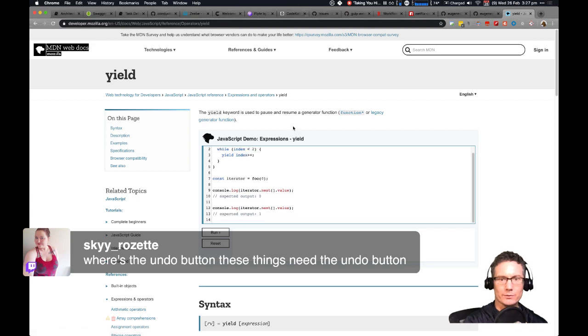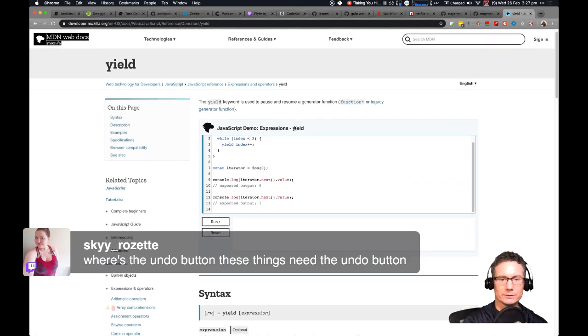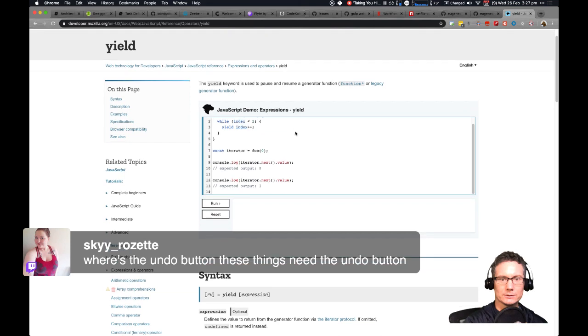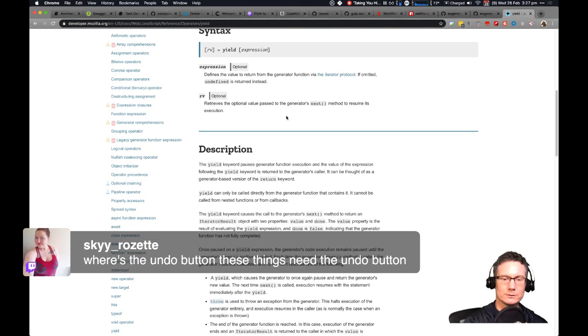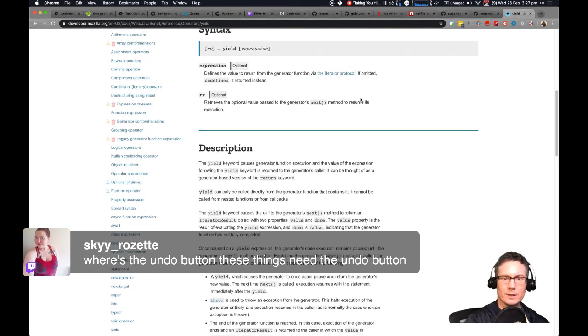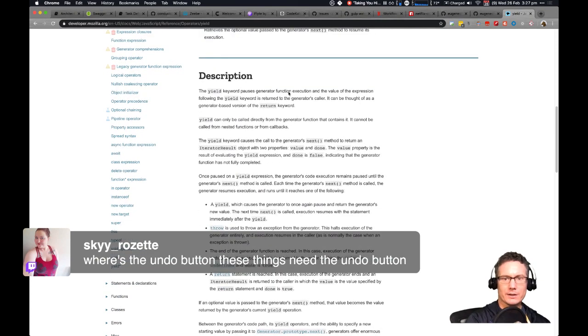Let's have a look. Pause and resume a generator function. Yield: the expression defines the value to return from the generator function via the iterator protocol. The value of the expression following is returned to the generator's caller.